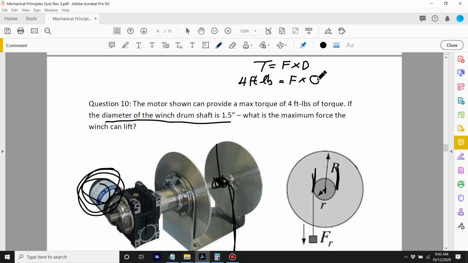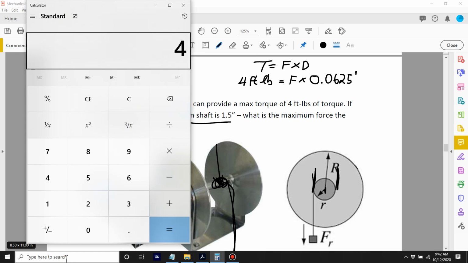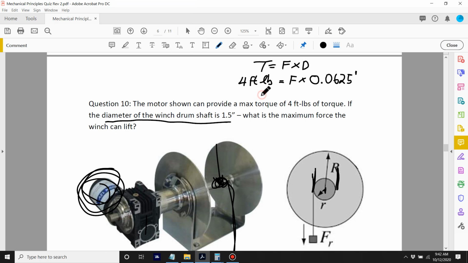I had to divide it by 2 to get it as a radius, then divide it by 12 to get it in feet. So let's go back. This is going to be a very large weight. Now, it's 4 divided by 0.0625. So this can lift a force of 64